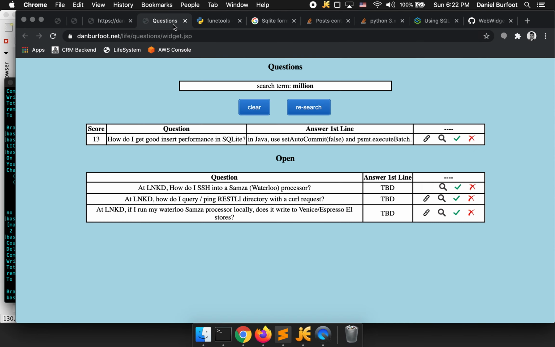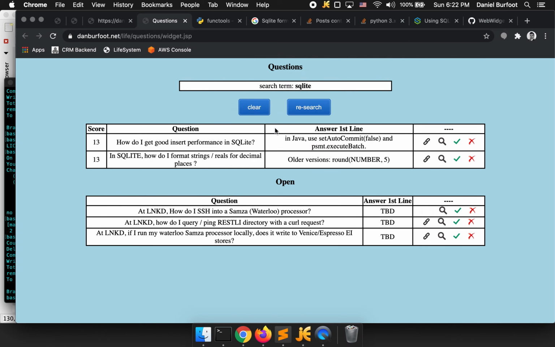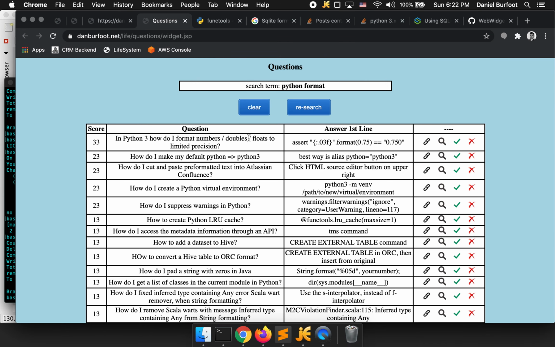And that results in, let's do something like Python format. Okay, so here the top ranking question is basically the answer I want with this query. But then we also do see some responses that only have the Python string in there. And I will say again that